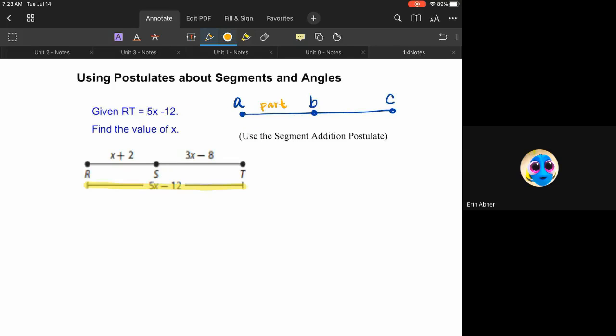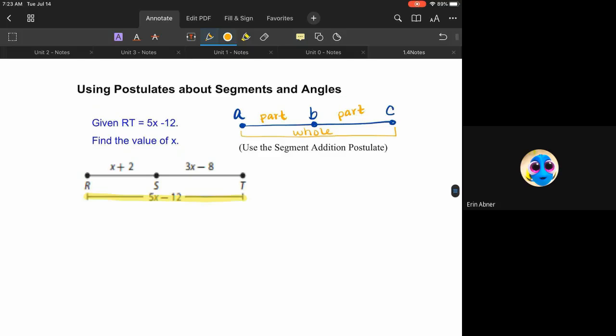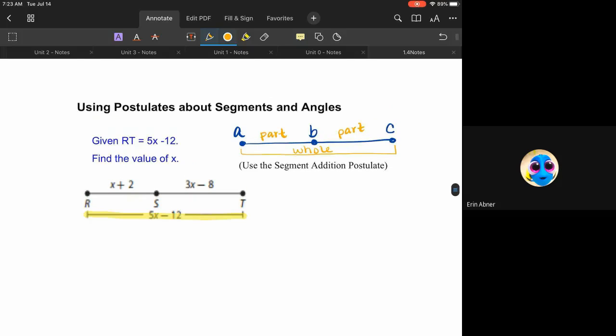AB is part of segment AC. And this is a part. However, this is the whole. The parts have to add up to the whole. So with that being said, if I'm writing this in math talk, because they like to see that sometimes,